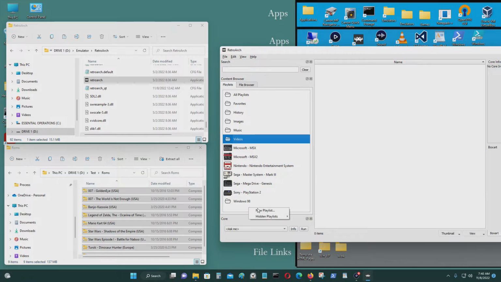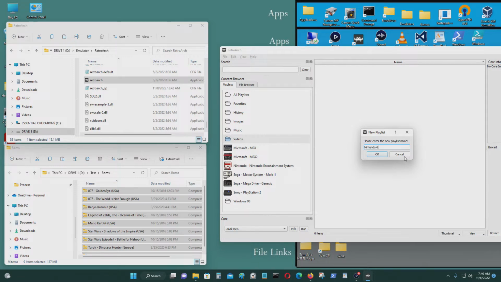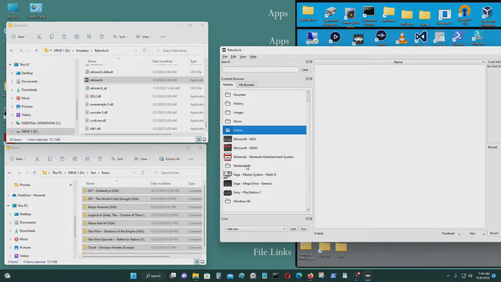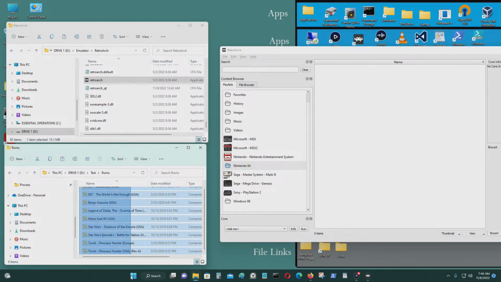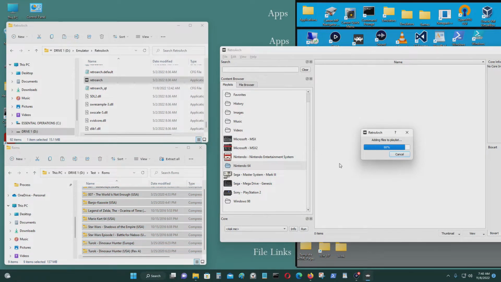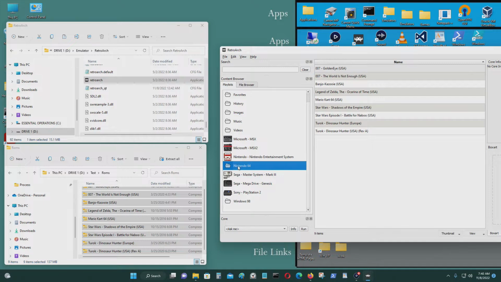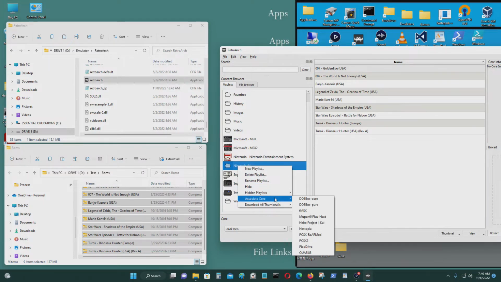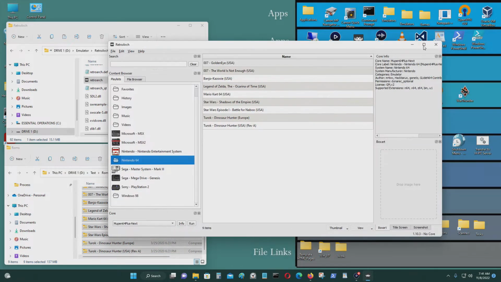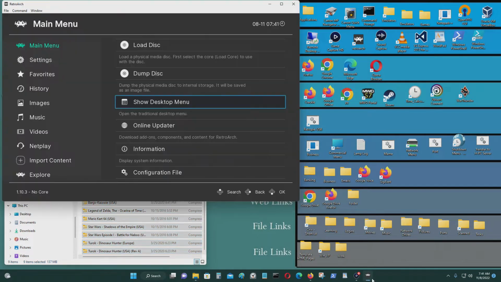And you could right click here, create a new playlist, type in Nintendo 64. Okay. And I'm going to drag all the ROMs that I want to put into this folder into this area right here. Okay. And the next thing I want to do is associate a core to this, which is this one right here. Done with that. I'm going to close that, go back to